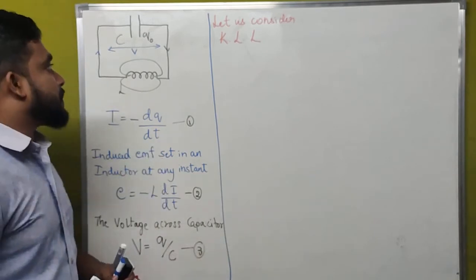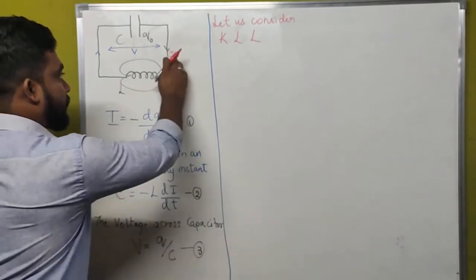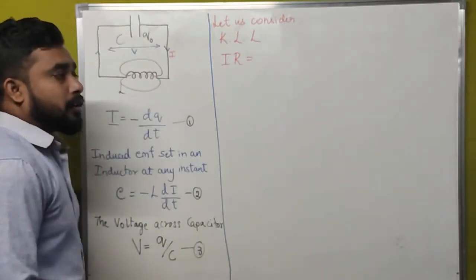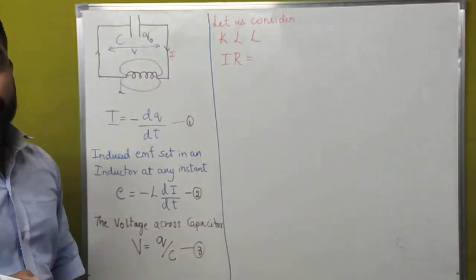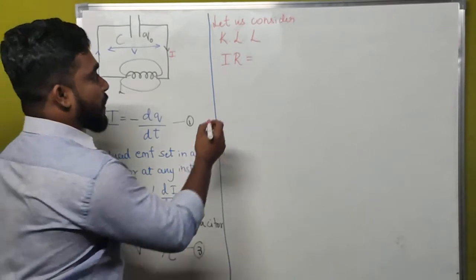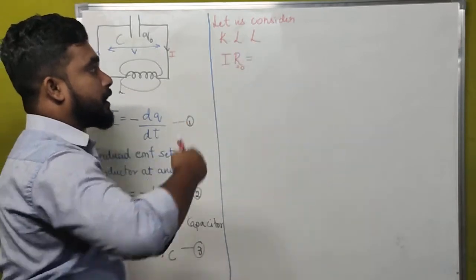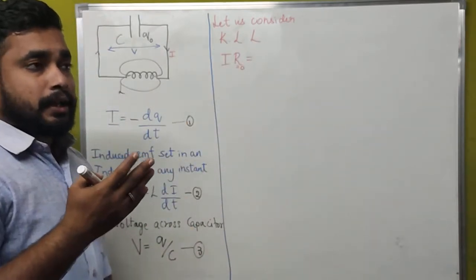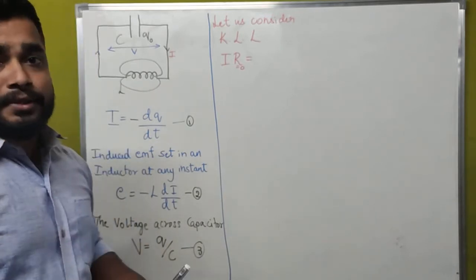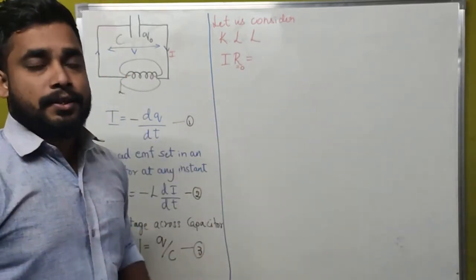For that, what we have to consider is the sum of current and resistance. Here I is the value of current, that is I into R. This is the resistance of the whole circuit. But in the case of a pure inductor and a capacitor, the resistance value is equal to 0. In our heading we have considered that a capacitor is connected to an inductor of negligible resistance. Negligible resistance means nil resistance, so we can consider this resistance as 0.